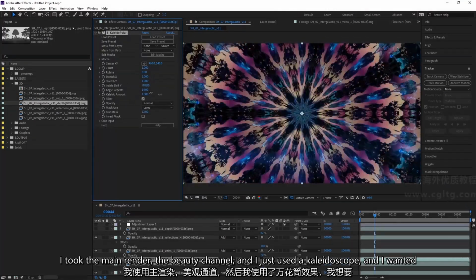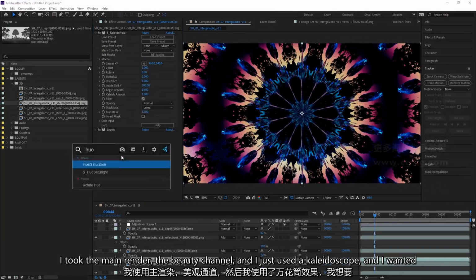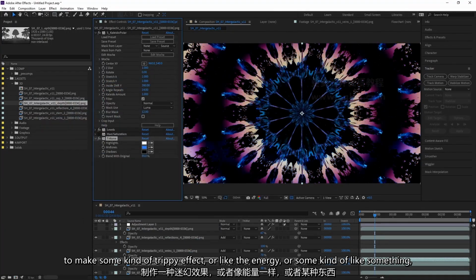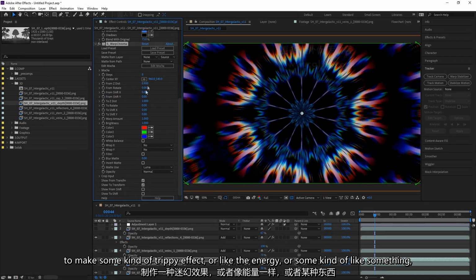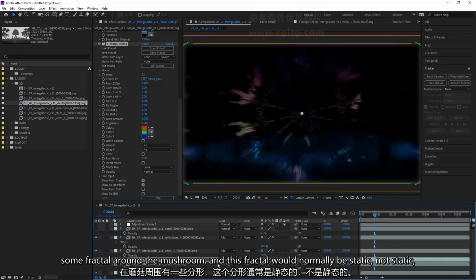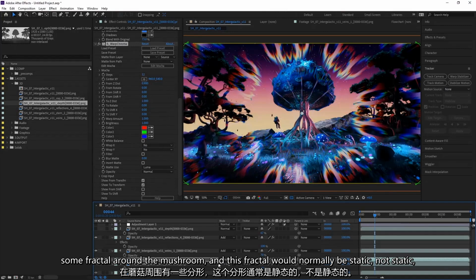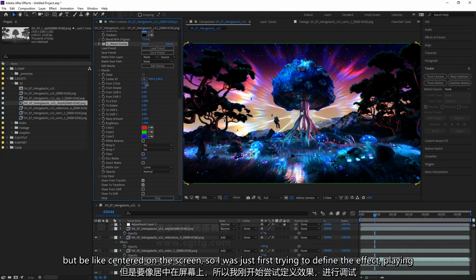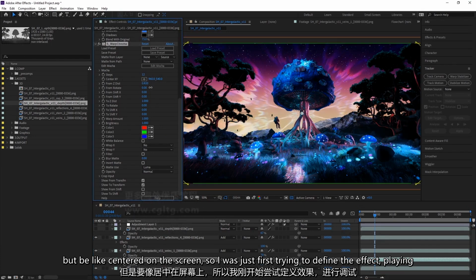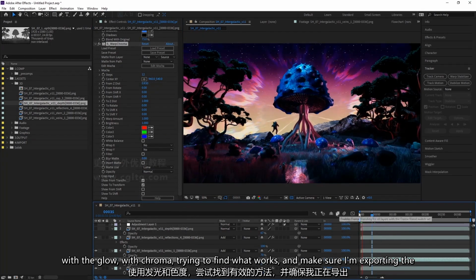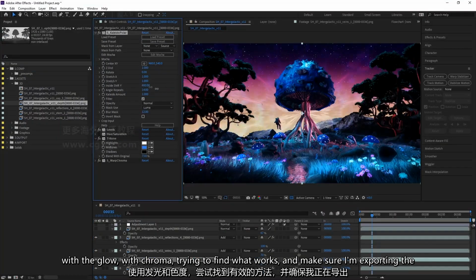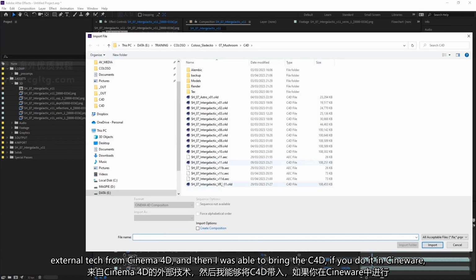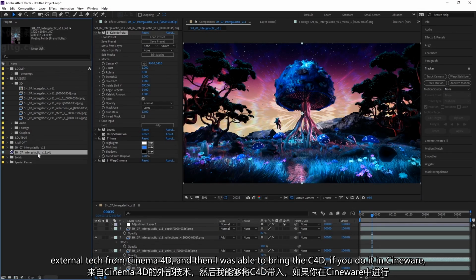And I added one more effect. I took the main render, the beauty channel, and I just used the kaleidoscope, because I wanted to make some kind of trippy effect, or energy, some kind of fractal around the mushroom. And this fractal should be centered on the screen. So I first tried to define the effect, playing with the glow and chroma, trying to find what works. I made sure I was exporting the external tag from Cinema 4D, and then I was able to bring in the